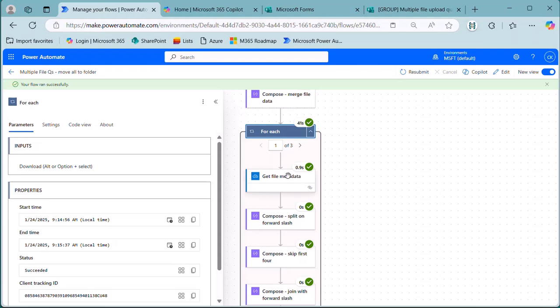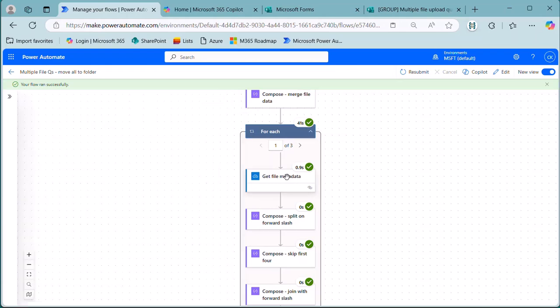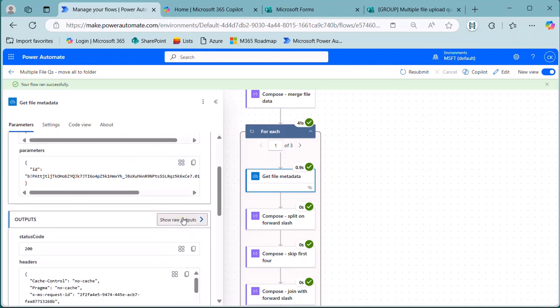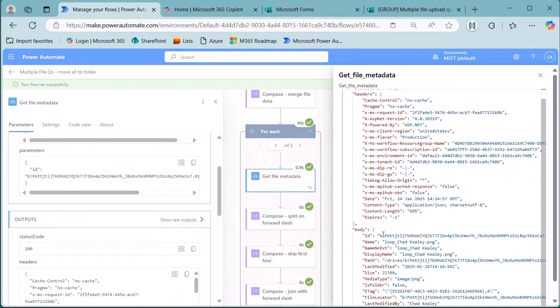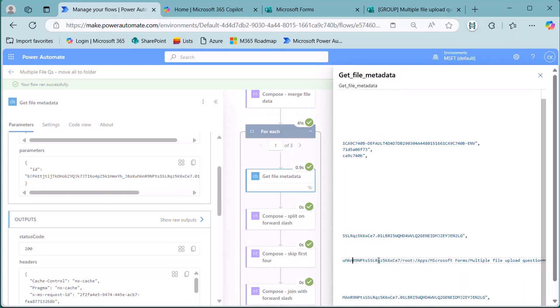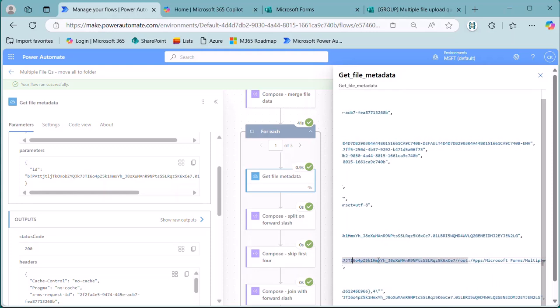And it's finished. Now, just so we can see why we needed to do all of that text manipulation or parsing, let's take a look at the outputs of this get file metadata. We can see that the path it returns is all of this. We need the folder for the form, the folder for the question, and the file name, but what I don't need is this first chunk,